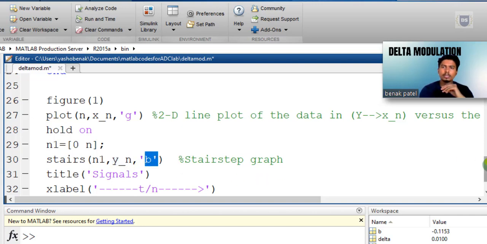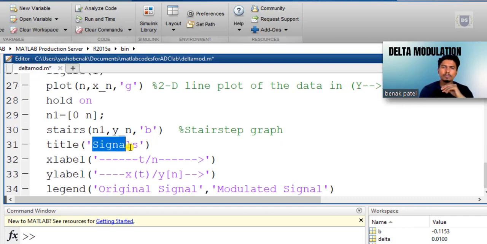And here let's give some title for the picture.